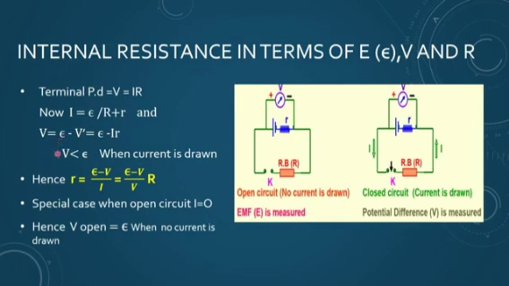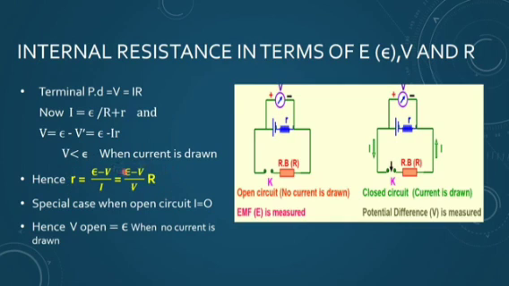If I want to write the internal resistance in terms of epsilon and V, then I can write it here by using this formula only. I can take this formula, that is E minus V equals Ir, or r can be written as E minus V upon I. And I can be written as V upon R. So you can put the value. This is the formula which we will be using in the lab for finding the internal resistance of a cell.